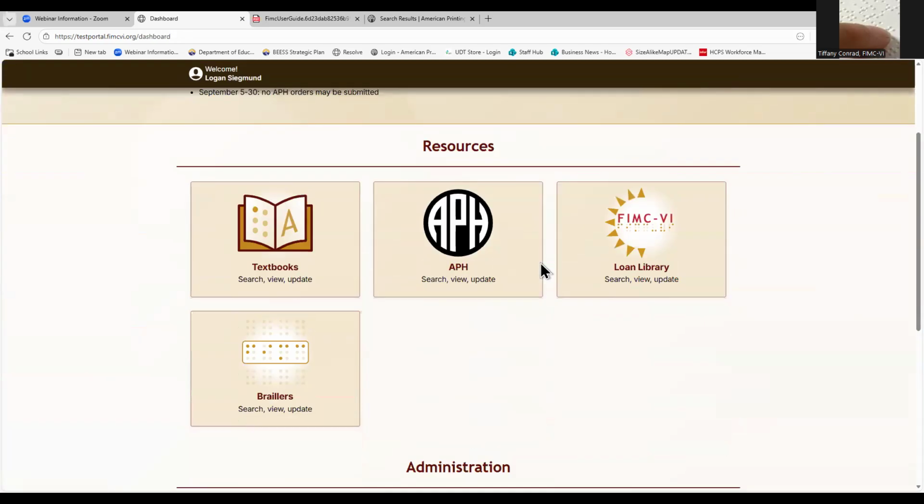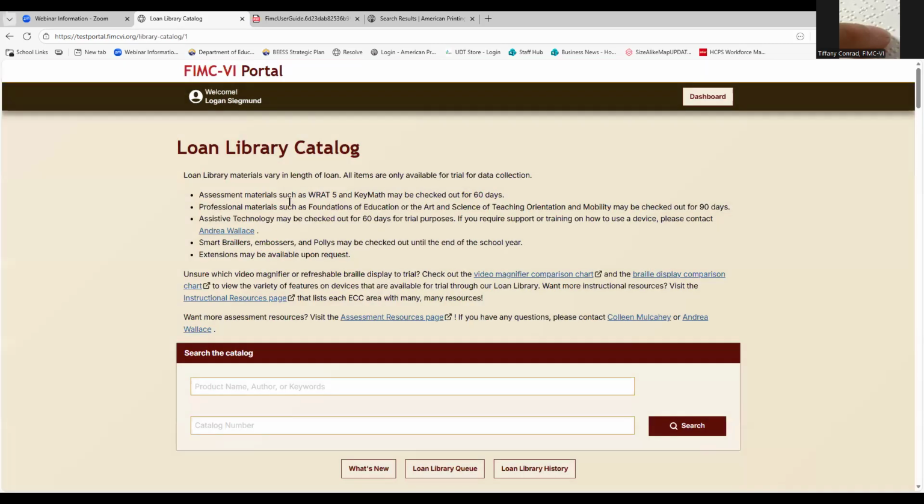So back on the dashboard, and that button in the top right is a good way of getting back to where you were before. So next we'll look at the loan library. At the top of this page, you have the information about the loan terms that we have. We have the video magnification and braille display comparison charts that were on our website before, and some other links